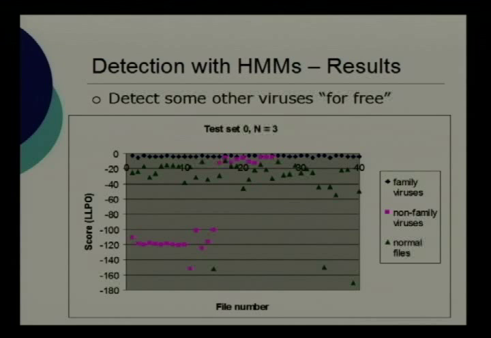If we include the other viruses in the test, we see that some non-family viruses actually scored very close to the family viruses, the NGVCK viruses. We take a look at those viruses. They are the VCL32 viruses, which showed some similarity in the similarity test. So we can actually say that the hidden Markov model detects some of these other viruses for free. I think the bottom line is that we never misclassify a normal program. We would not say a normal program is an NGVCK virus. But for some viruses, if they have some similarity to the NGVCK programs, they would show a higher score, which is what a hidden Markov model would do.